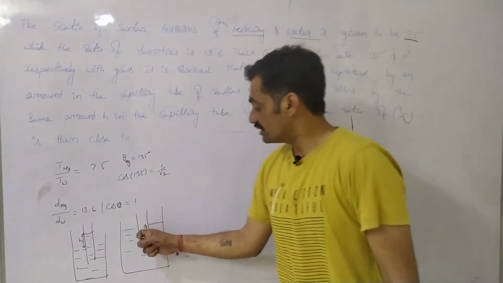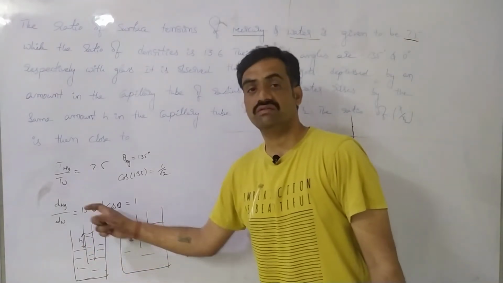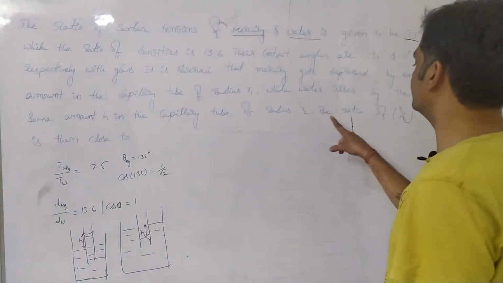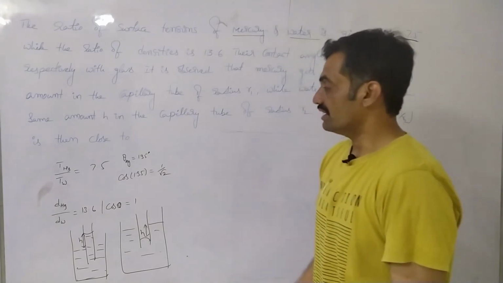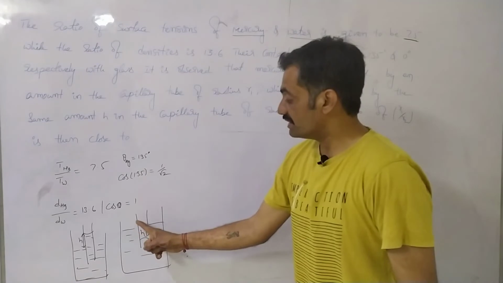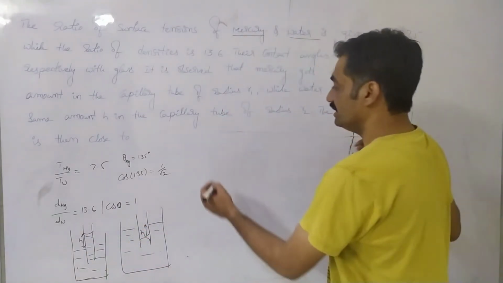So observe that the amount of liquid level fallen in the case of mercury is h, and the amount of liquid level risen in the case of water is also h. Now we have to find the ratio of r1 by r2. We have to represent the ratio of r1 by r2. So the radius of the first capillary tube is r1, the radius of the second capillary tube is r2,